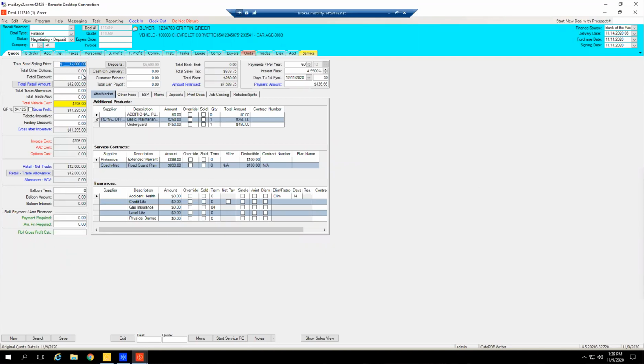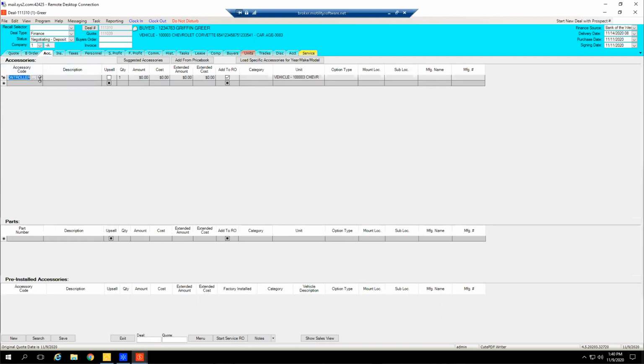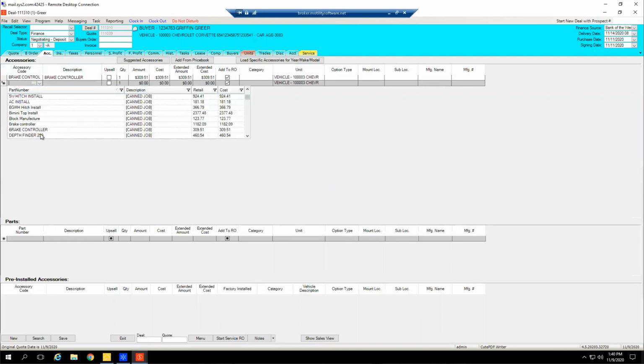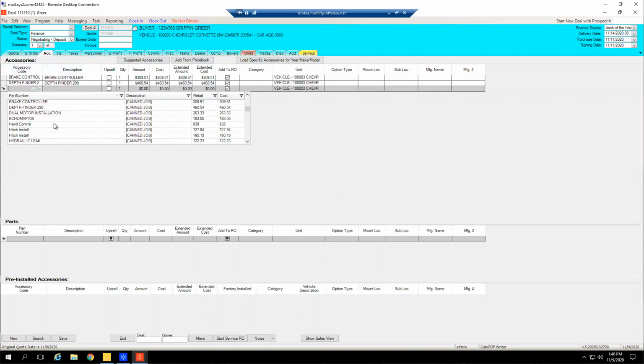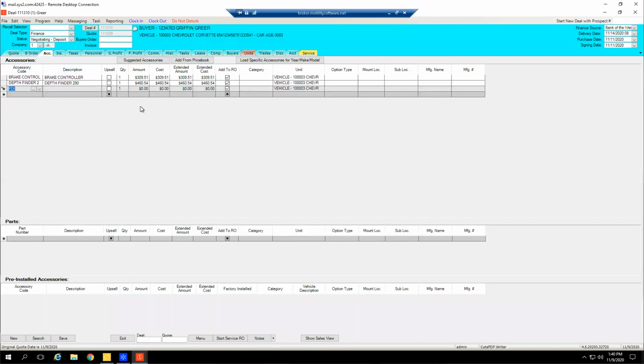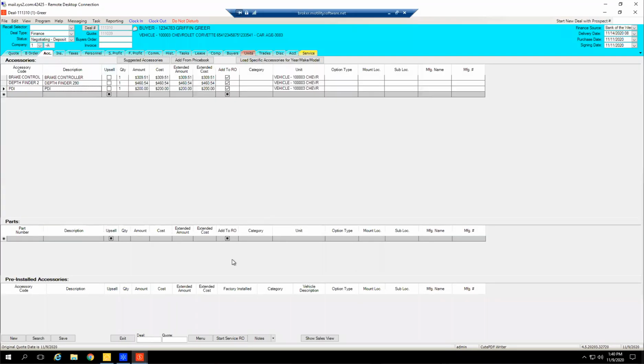So on this quote sheet, we have things like the selling price, right? That's coming from unit inventory. We've got total other options. This is the sum of any additional options that the customers agreed to. So we can set up accessory codes that will show as available to sell. So if a customer wants to upsell on a brake controller, a depth finder, apologize, some of these are boat examples, and a PDI, here we go. So right now, I have added about $970 of other options. Excellent. So now my customer's deal goes up by that much, and we can actually generate a